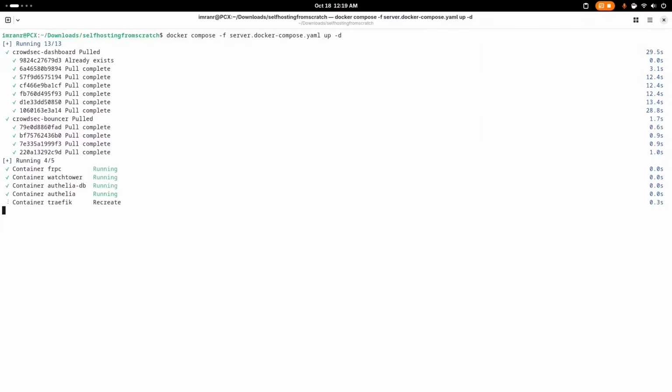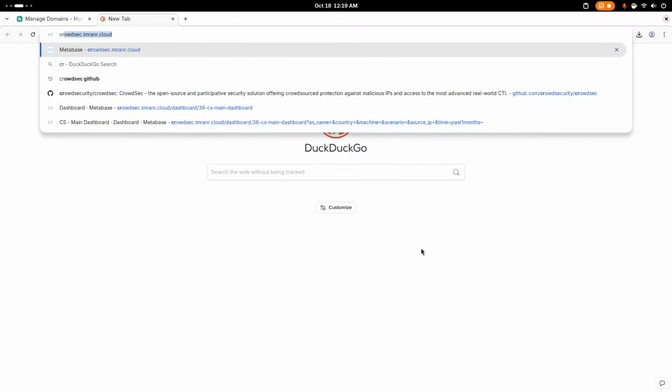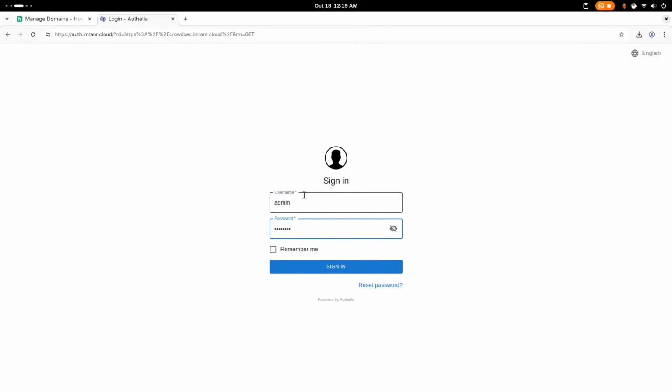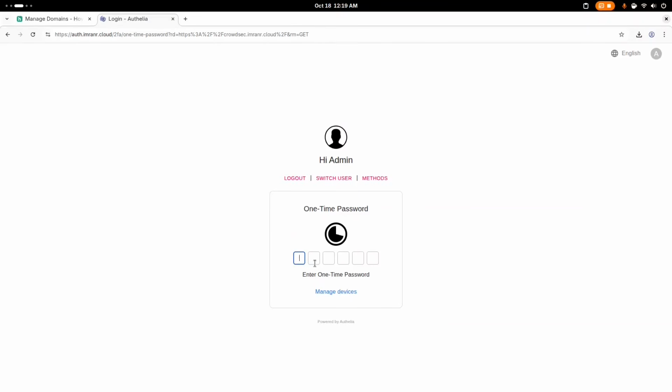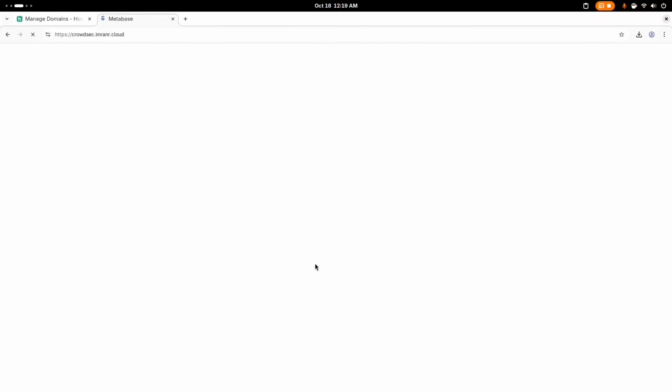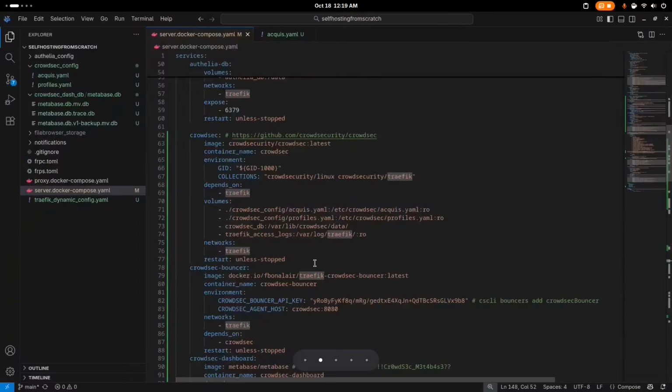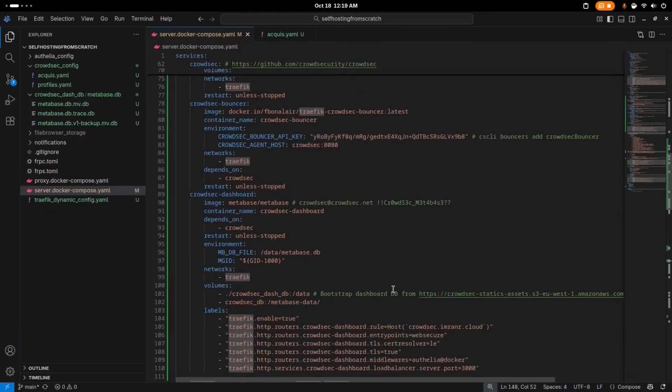Once everything is running, I will go to crowdsec.imrana.cloud, and of course it is also protected by Authelia because I set the label for that, so I'll sign in. And here we are on the Metabase login screen. This double login stuff can be annoying, and I'll talk more about a potential solution later in the video, but